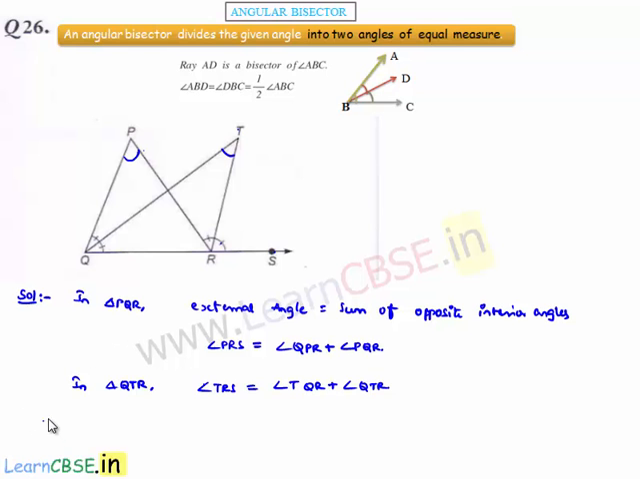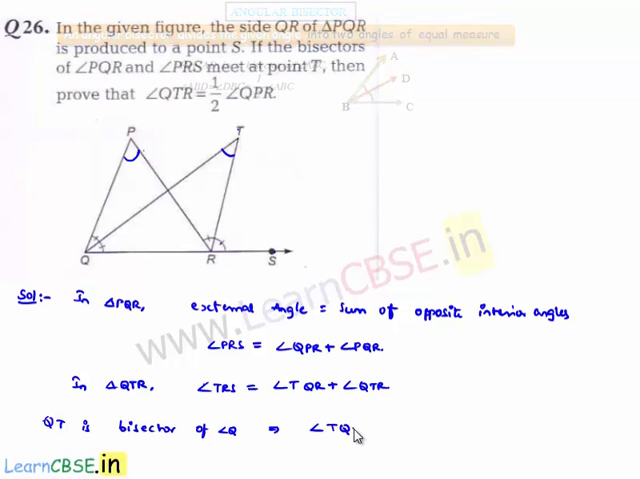Now we know that QT is the bisector of angle Q. Therefore we can say that angle TQR is nothing but half times angle PQR,